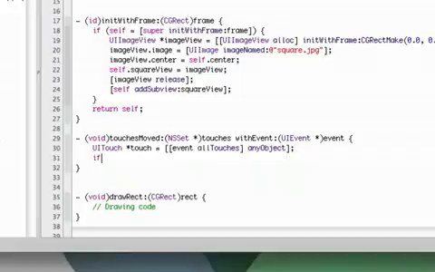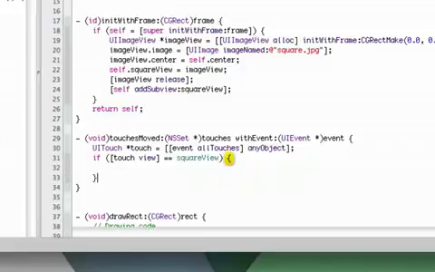Now we have to say if, in parentheses and brackets, the touch view, which is the view of the touch, which is where you touch the screen, equals the squareView, which is our image view that contains the square image, more curly brackets, don't forget them,